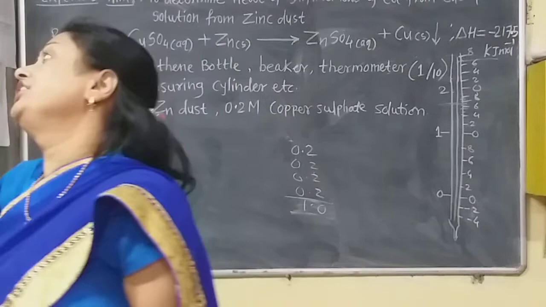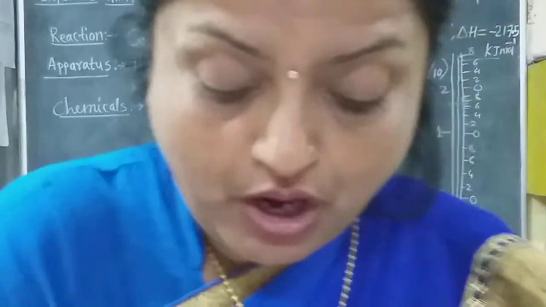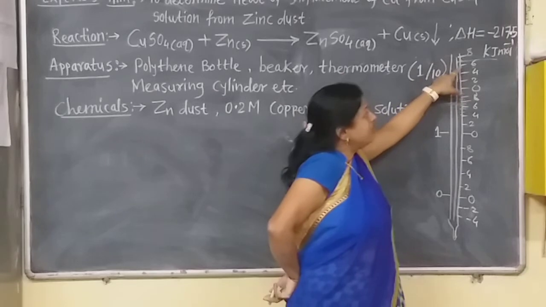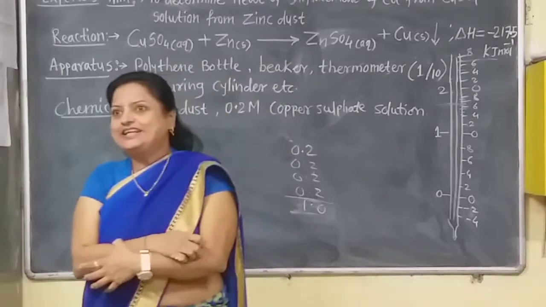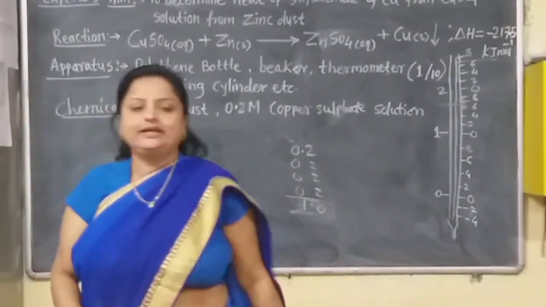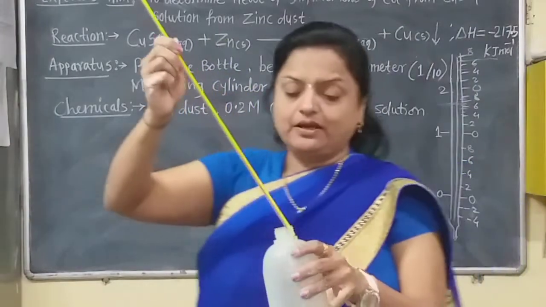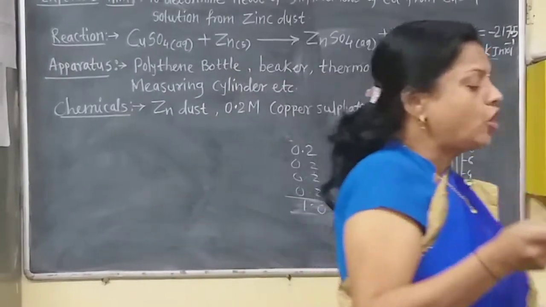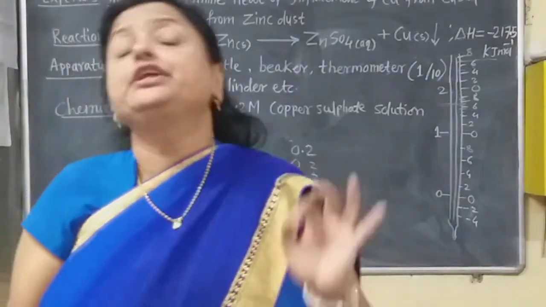Now this is correctly 25 degree centigrade because here the mercury is found above this 20, in between these 4 and 6, fifth line here. That means 25 degree centigrade. Now that is the accurate temperature, 25 degree. Now the same temperature is in this polythene bottle solution also because the solution is the same, but this is convenient to measure, so we take the initial temperature. Now in the observation table you have to write down the initial temperature T1 as 25 degrees centigrade.